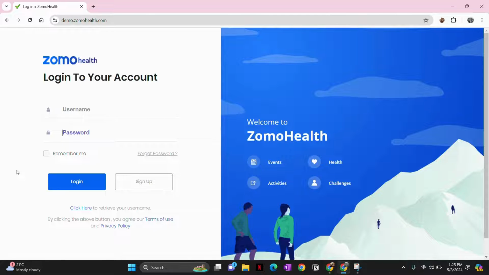Once logged in, you will gain access to various features and resources tailored to your role and permission within the platform. But if you are a new user, then you can simply create a new account through clicking in sign